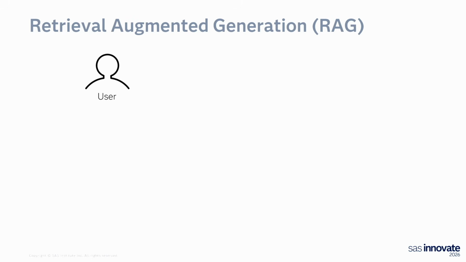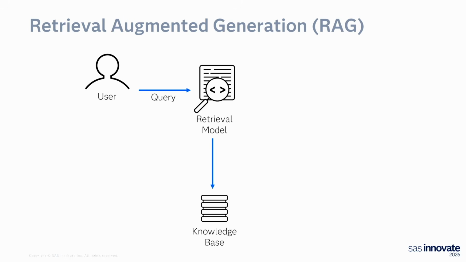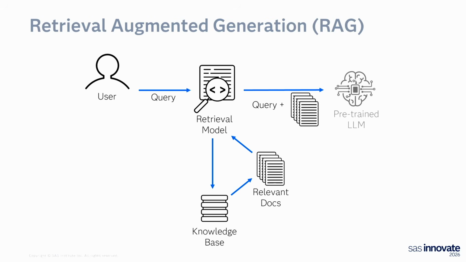But in case anyone's not that familiar, I'm just going to show you a very high-level, simplistic overview of what happens. So we submit our query. It goes to the retrieval model that goes to the data that we've shared for the retrieval augmented generation process. That returns the relevant information from our protocols and our data. And that gets combined with the query and sent to the pre-trained LLM. So this has been trained on thousands of data points, millions of data points, documents, et cetera. But that pre-trained LLM is what generates our response that's returned to the user.